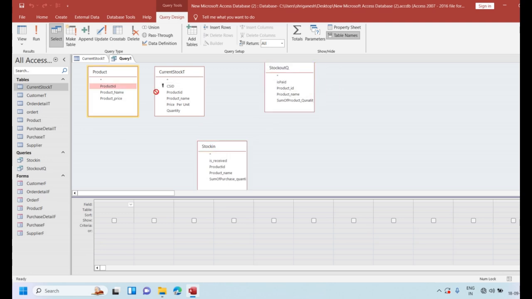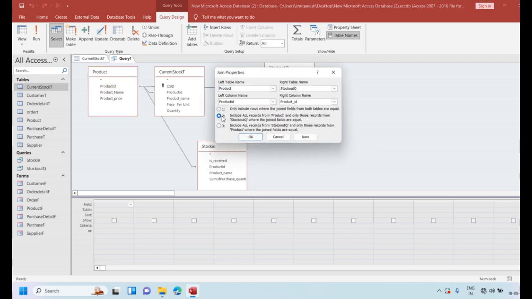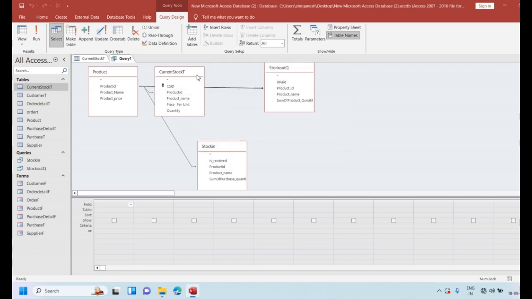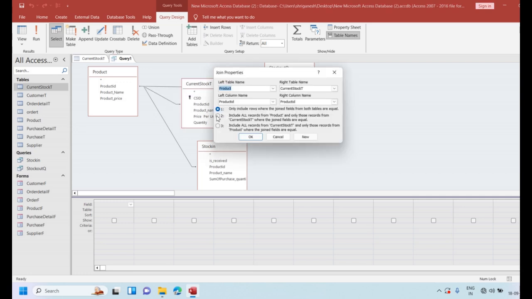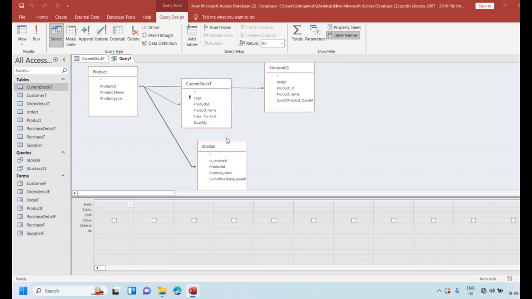So we join with product ID to all of them, with the join condition that includes all the records from the first table and the records that match the first table. We are aware of the join concept, so we choose the second join option here.